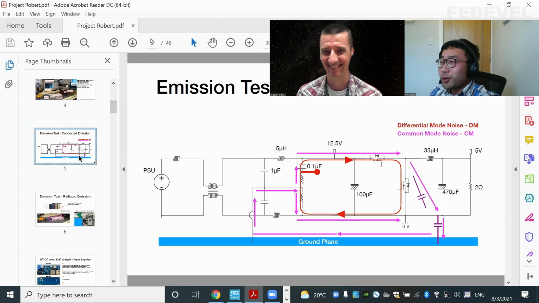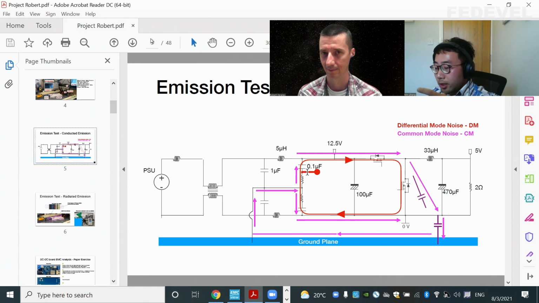That's a very, very good question. Yes, most of the time, if your module failed conducted emission, you will have, I would say, 90% chance of failing the radiated emission. And the reason is, as I show here, if we look at the conducted emission setup, most of the time it uses a LISN module, and you are measuring the noise from this point. And if we look at the noise from the current point of view,